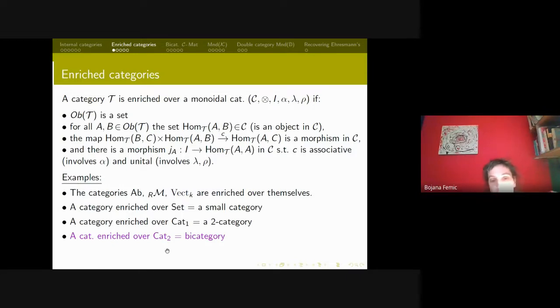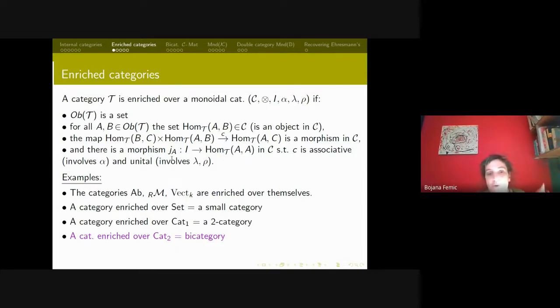So the hom set will be a category and the composition will be a functor. And also Cat2, the two category of all two categories, is Cartesian monoidal. So at first glance, you would say that alpha, lambda, and rho are identities. So we could have strict associativity and unitality, but actually not, because when you draw these diagrams for C and J